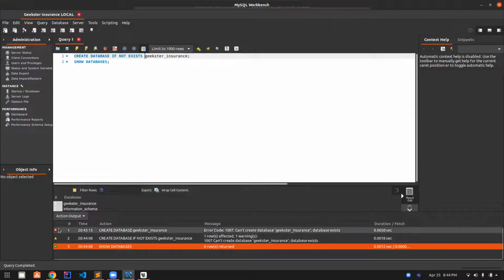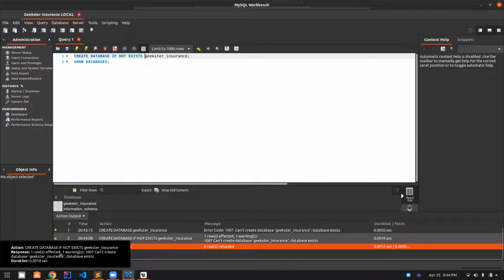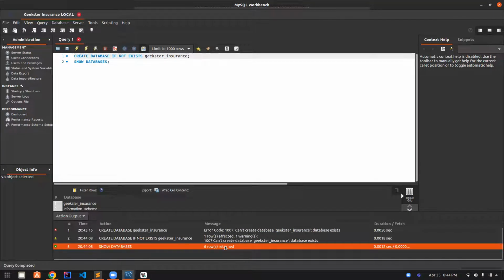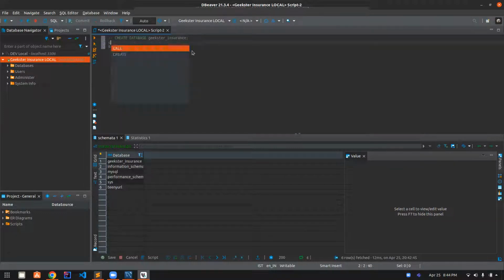This is more of a warning. This sign here means it could not execute, it failed. This one is a warning. This is basically show database. This part executed properly. So there are two types of things. Create Geekster database, this is one. And then there is create